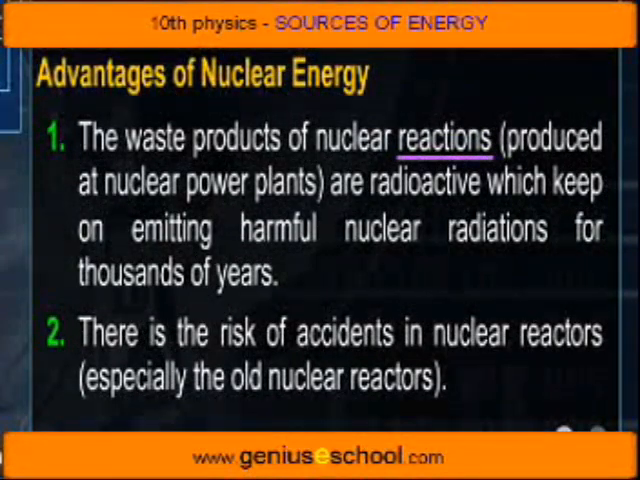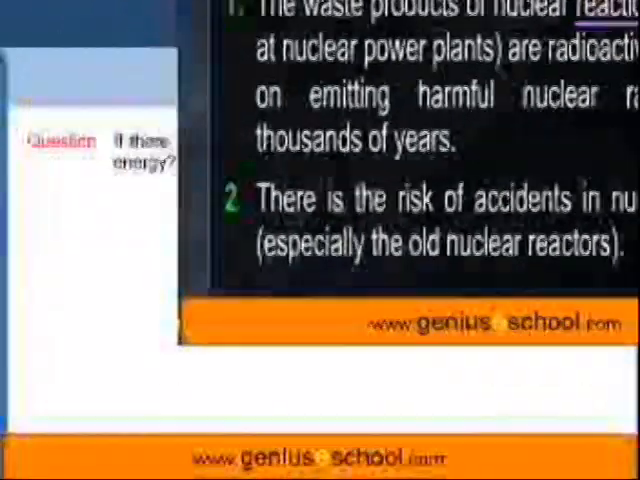Disadvantages of nuclear energy. The waste products of nuclear reactions produced at nuclear power plants are radioactive, which keep on emitting harmful nuclear radiations for thousands of years. There is the risk of accident